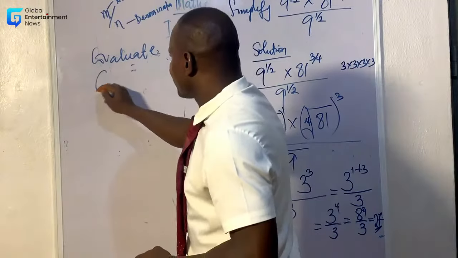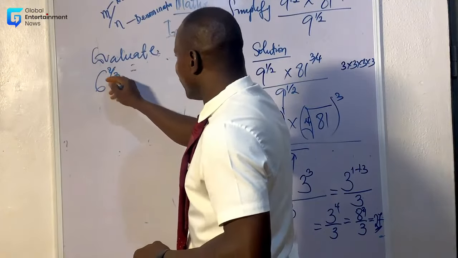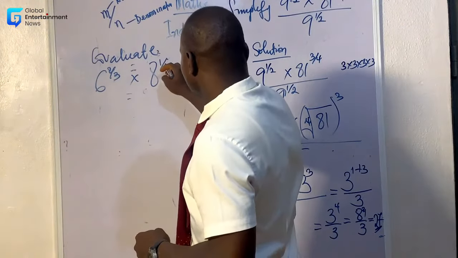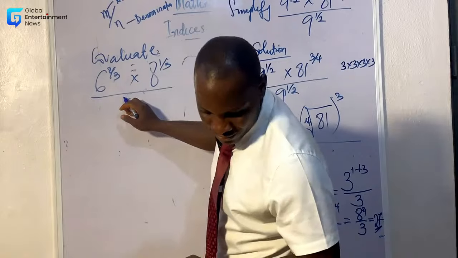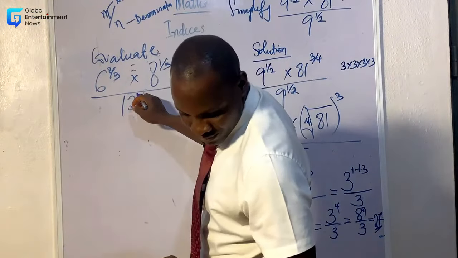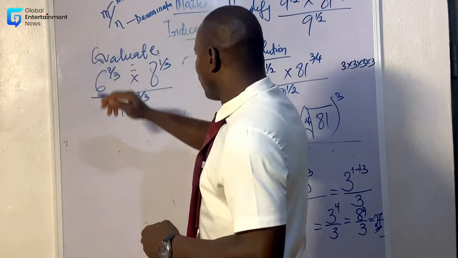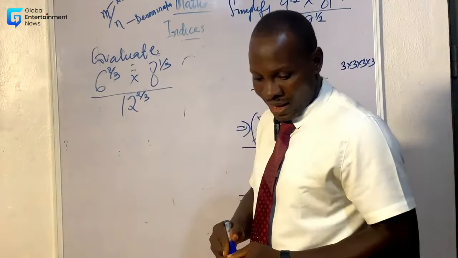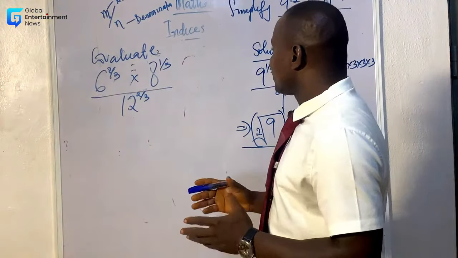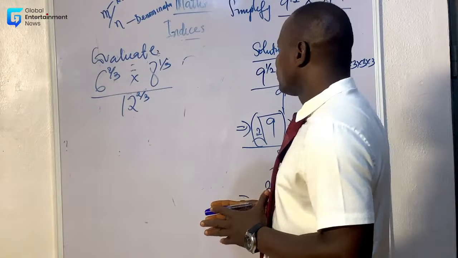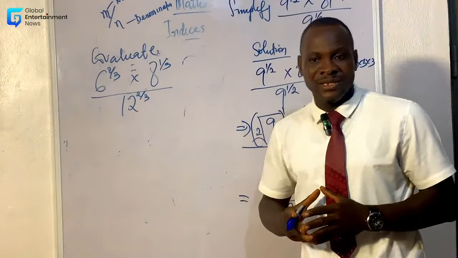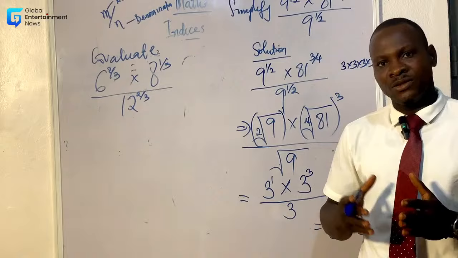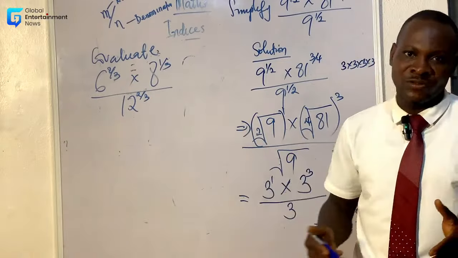Evaluate 6 raised to power 2 over 3 times 8 raised to power 1 over 3, all over 12 raised to power 2 over 3. Evaluate this. That is all about indices 1. By next time that we'll be meeting, we're going to move to indices 2, and in that place we'll be talking about the equation form, something like